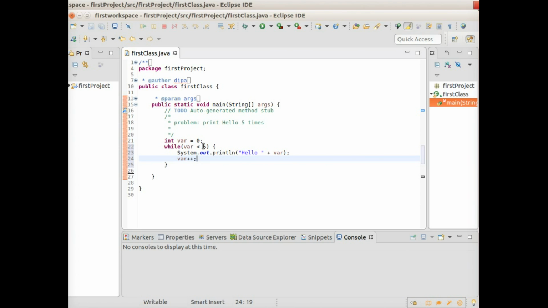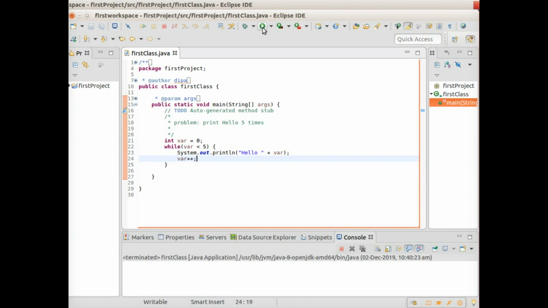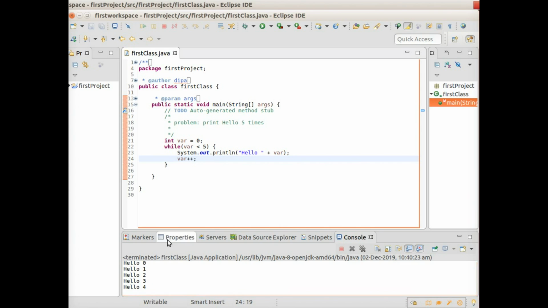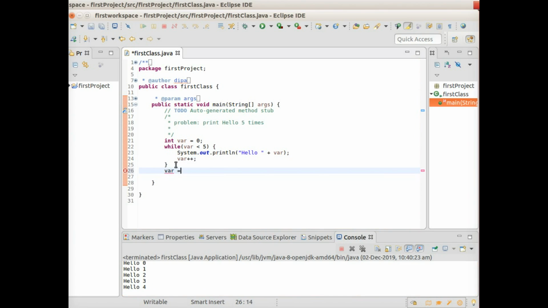Now we save it and run the program. So it will print, for iteration 0, for variable 0, hello, hello, hello, hello, hello, up to variable 4. When the variable is 5, it will break the loop. Now we again set the variable equal to 0. Then